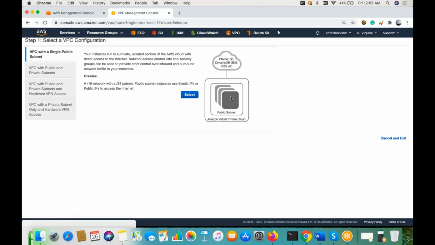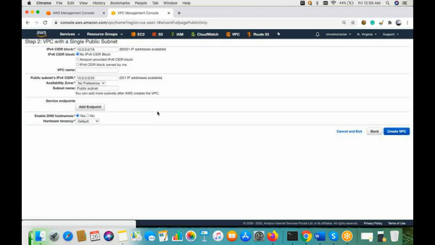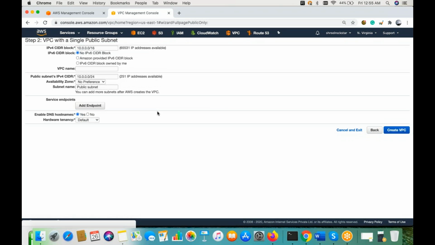But this will give you only a single subnet, because this is the default option available. If you select this, this will give you an option where you can set up your network and IP address ranges, which you are going to create inside the network.